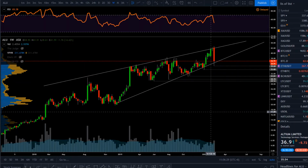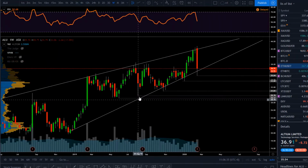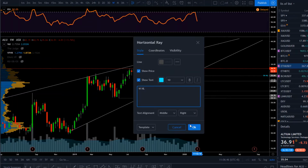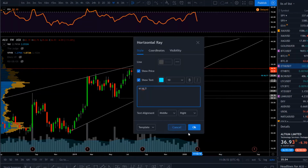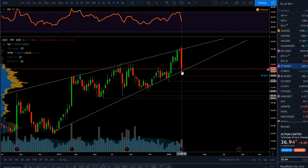And yeah, this is a weekly chart, right? This is very long term, and if you look at the weekly here, we're setting higher low, higher low, higher low, higher low, and is this our new higher low? So this has to hold, right? Weekly higher low. It's not a weekly higher low yet, we haven't confirmed it, but the bulls have to confirm that this is a higher low. If this is not the higher low, we're going to break down. What that means is we are likely to come down, and